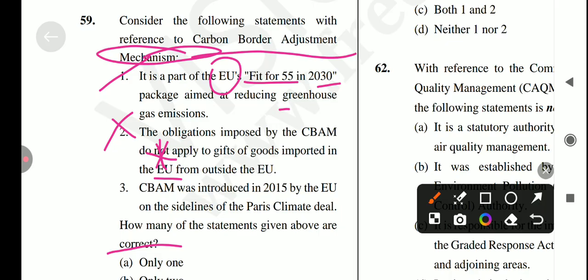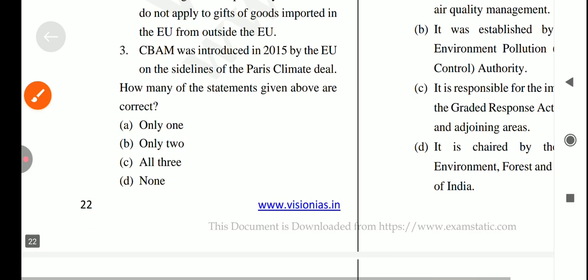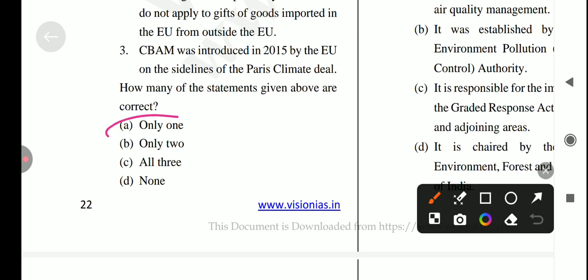Okay, so statement second is incorrect. Next is: CBAM was introduced in 2015 by Europe on the sidelines of the Paris climate deals. Is it true? No, it's not a correct statement because it was introduced in 2023, not in 2015. So statement third is also incorrect. Because the question is asking about the correct statement, only one is correct, which is